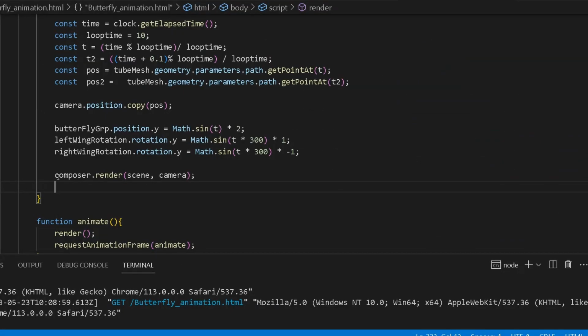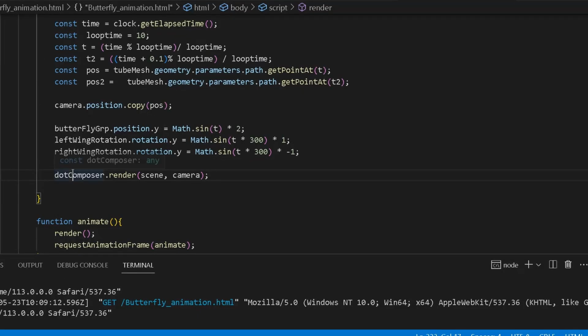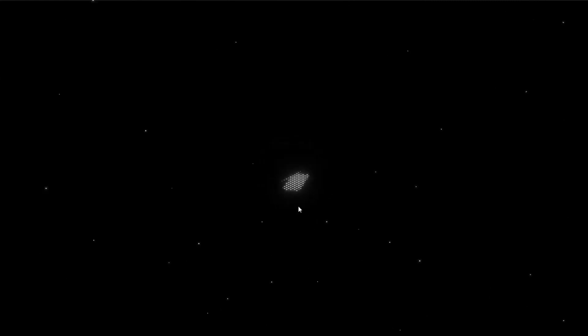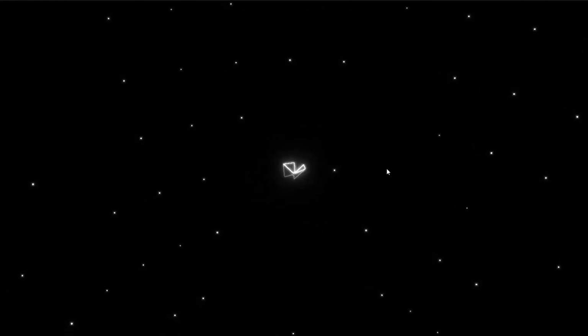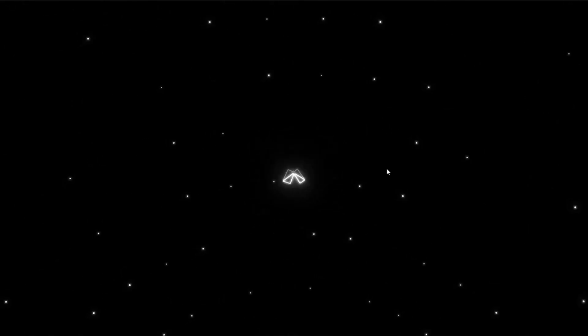And then if I say dot composer, there we go, we have that, and we can do Sobel. There we go. So yes, basically that is how you create the scene,